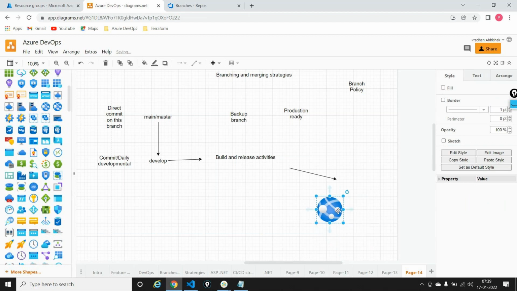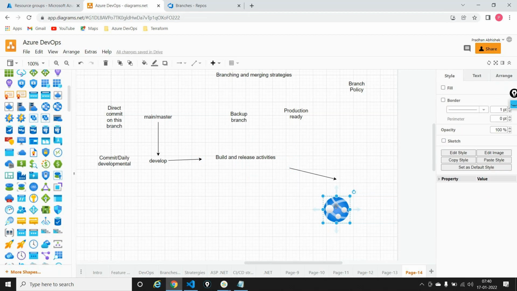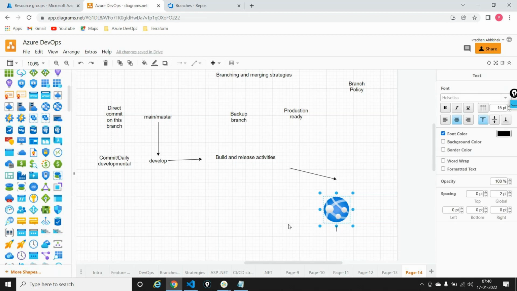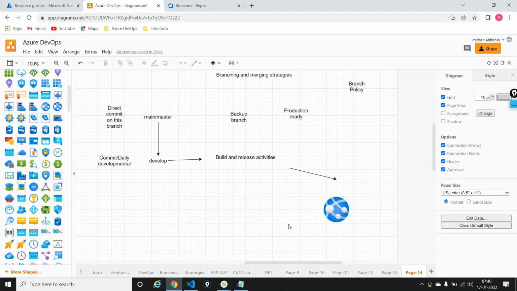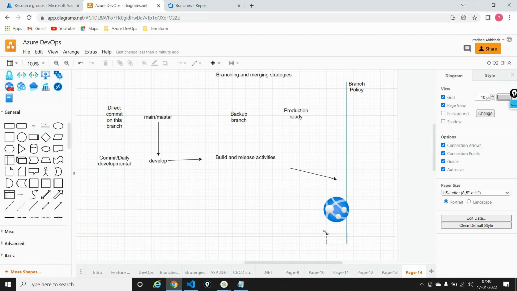So I have built my code. Instead of doing it from Visual Studio, I'm now doing it from Azure DevOps, and I'm releasing my code onto, let's say, a web app. But the question that I need to ask myself is, is this web app directly being used by a client? I would say not really. This is a web app which I will call a development application,